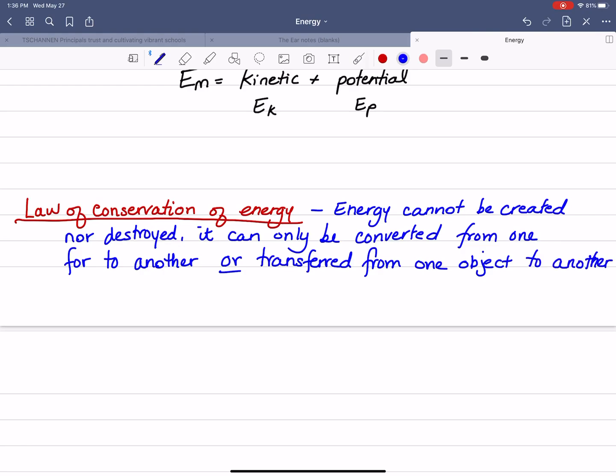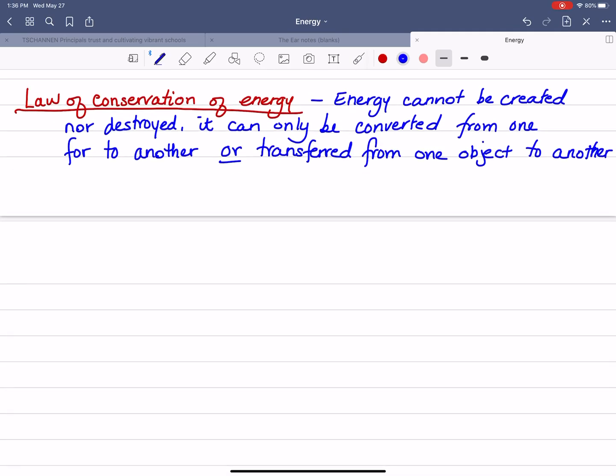Okay. If I have a bottle on my desk and I push it over, I am transferring the energy that I have in my body that I got from the chemicals I've eaten, which have been converted into work that my cells can do, and I'm transferring it to that bottle that is just sitting on the desk. Because it's on the desk, it has gravitational potential energy, and when I push it down, that transfer of energy from my body to the bottle will make the bottle fall down. It'll make it do work, okay? And so again,